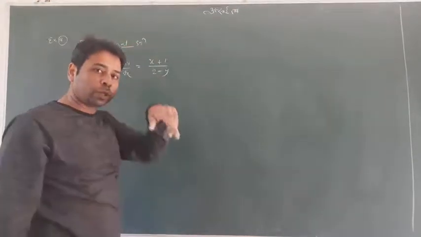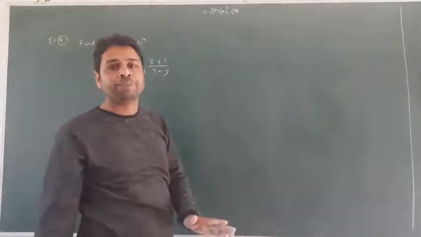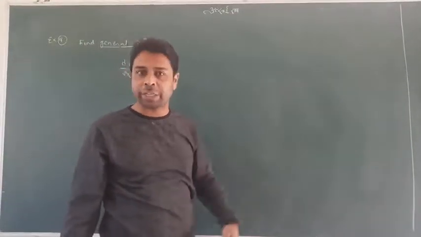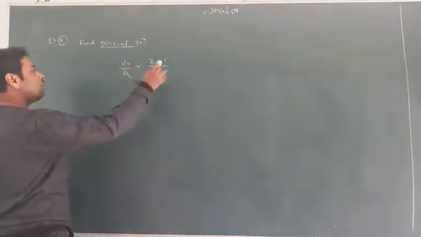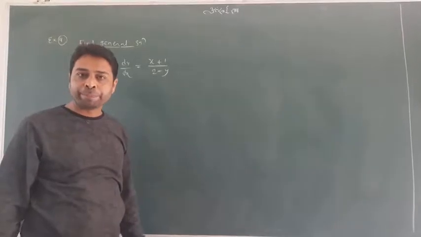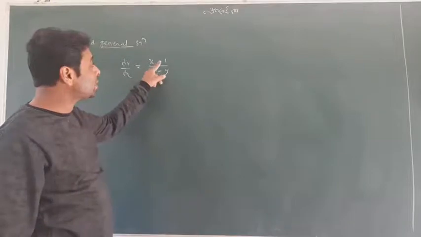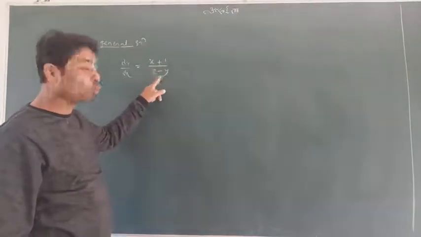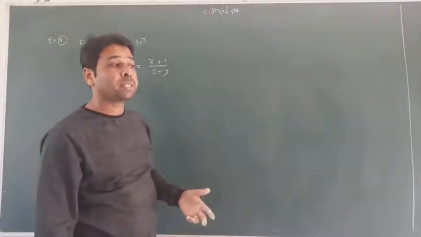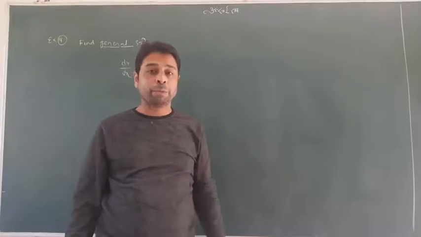I will tell you about particular solution also, but remember a general solution always has an arbitrary constant like c, like m, like any constant in symbolic form. Okay, now we are going to solve this. Do you remember the concept I have taught you? Why are we using the variable separable method? Because the terms of x, x plus 1, and terms of y, 2 minus y, are in division. So I taught you whenever the terms of x and y are in either multiplication or division, we will use the variable separable method.